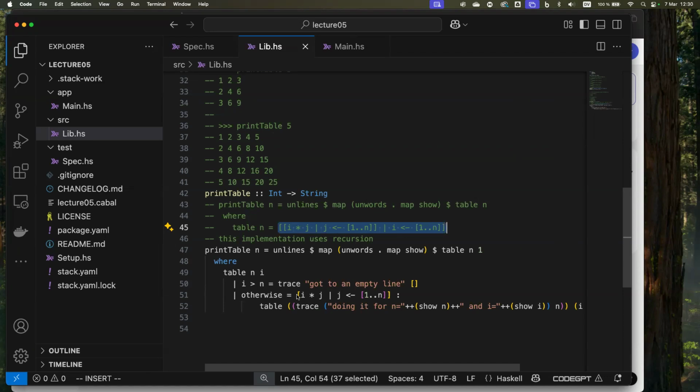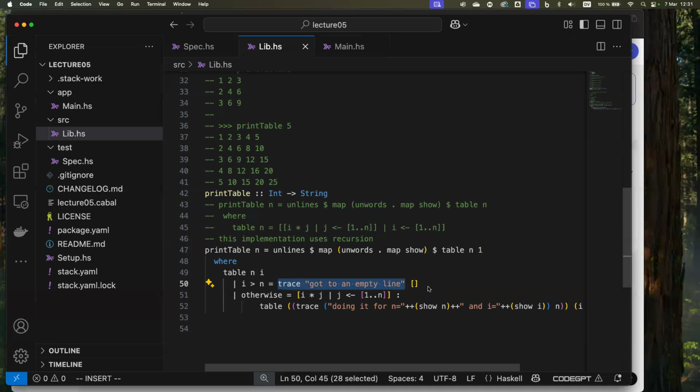But this one is a little bit better. Like this one has this table n i, and it iterates row by row, and I can squeeze trace a little bit. So originally that thing here was not here, right? It's just the empty list. So if i is bigger than n, we return an empty list. So now I can squeeze this trace and string and the empty list, and it will get me empty list